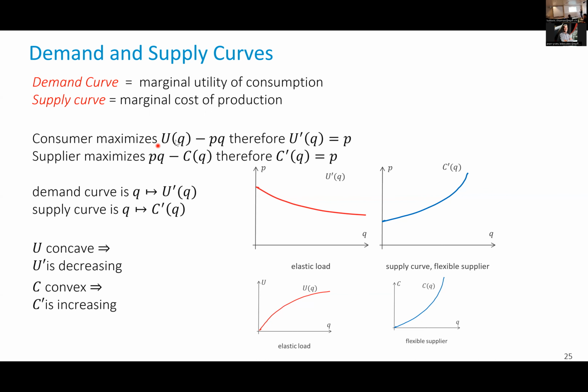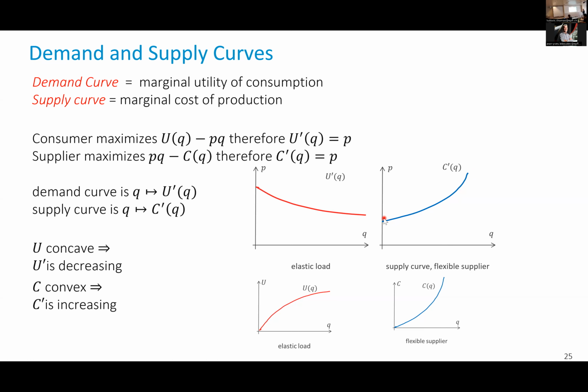Now, if we put all of these together, that indicates that what we need is not the utility function, but the derivative of the utility function. That is called the demand curve. The derivative of the utility function is well defined if the function doesn't have Dirac deltas and things like this, like we had for some of those. And since the utility is typically concave, the demand curve is a decreasing function,